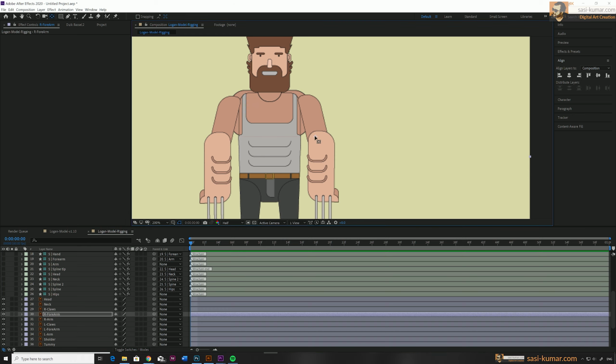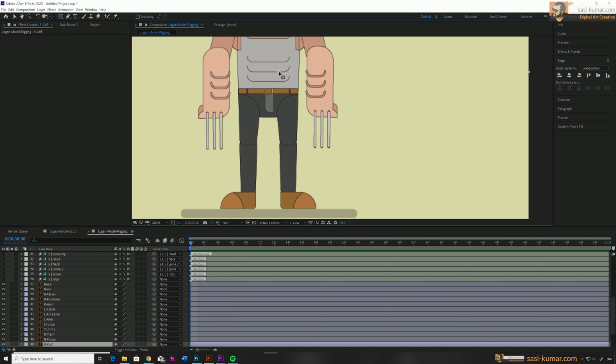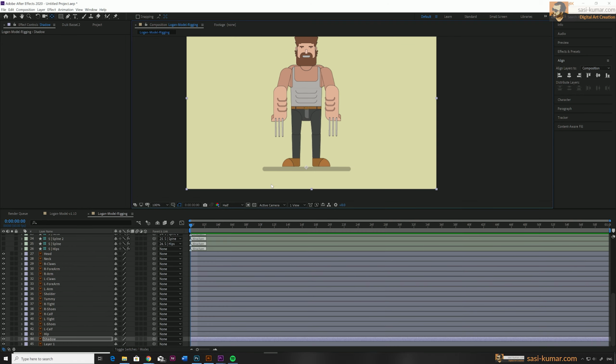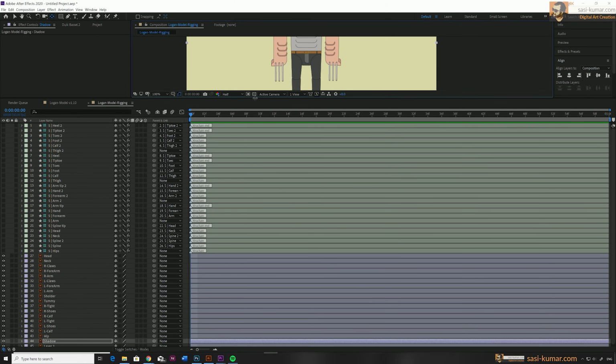Alright, so we will make this part faster. I will do the same for the other objects also. Okay guys, all the pivot point positions for all parts are done.